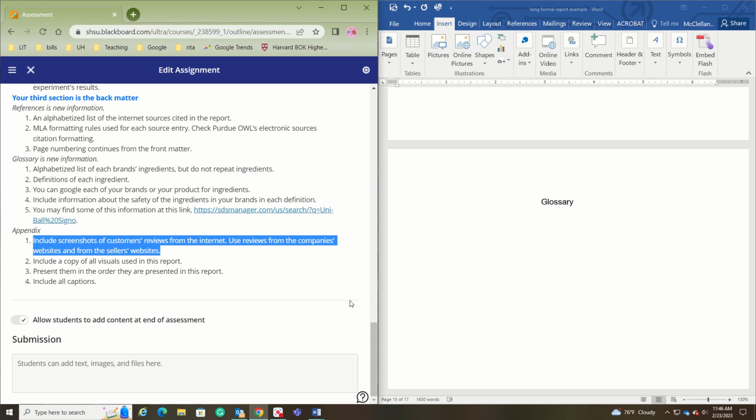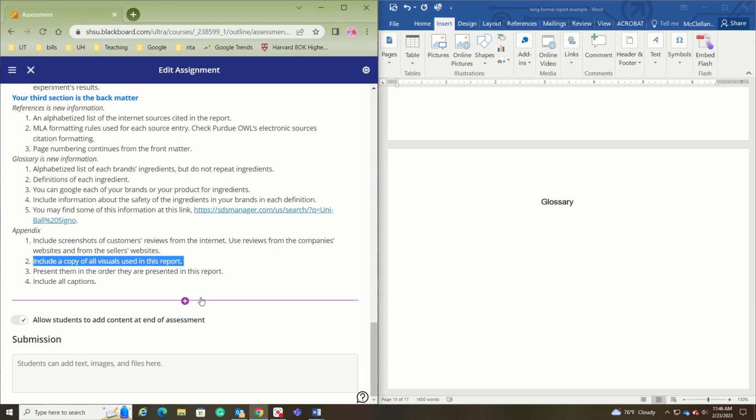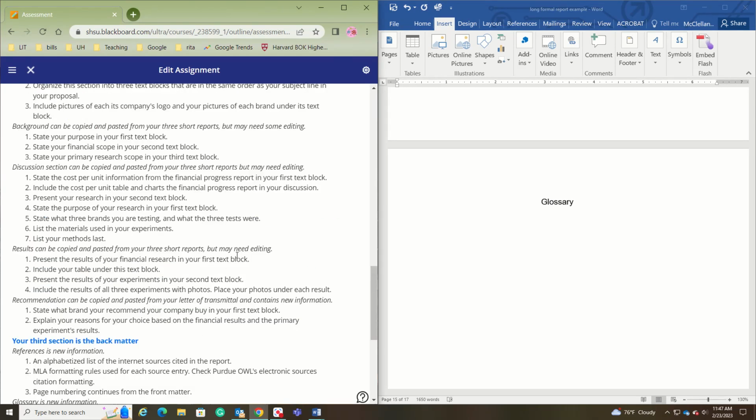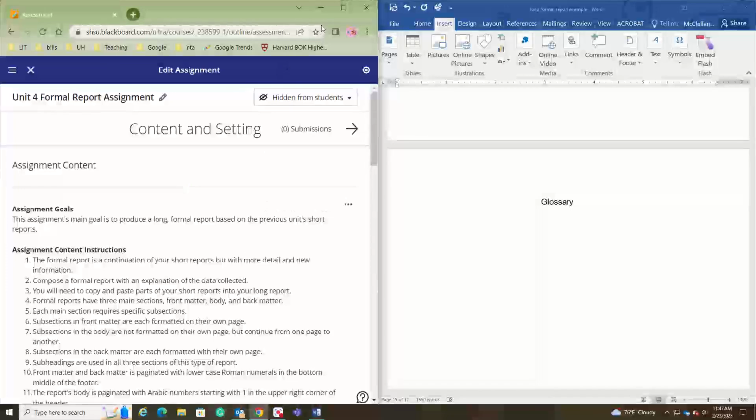Or I would go to the seller's website. So like, of course, Amazon.com is famous for its customer reviews of its products. But don't just go to Amazon. Also go to your other two stores' websites. Then you're going to include a copy of all the visuals used in this report and present, so the visuals used in this report, put them in the same order that they're presented in the report, and be sure to include all your captions. And you will need to caption all of your new images. All right, I think that's okay. So that's all for